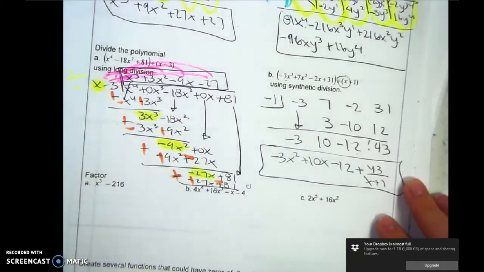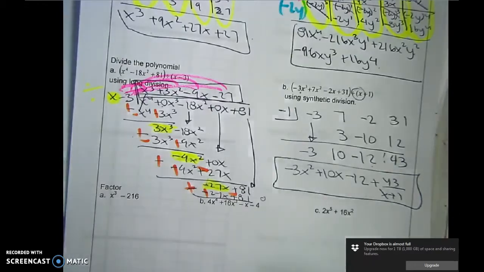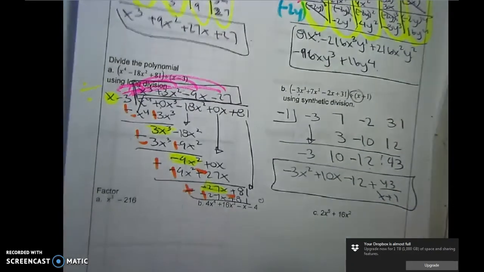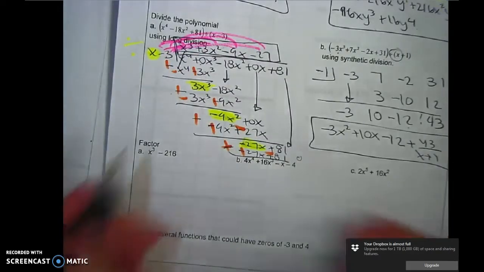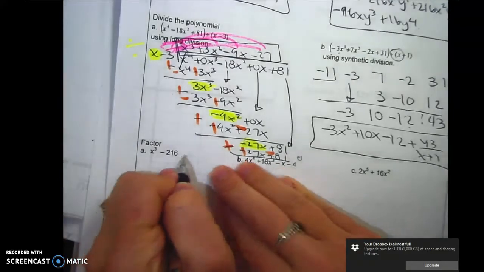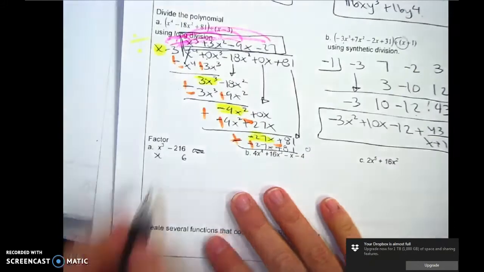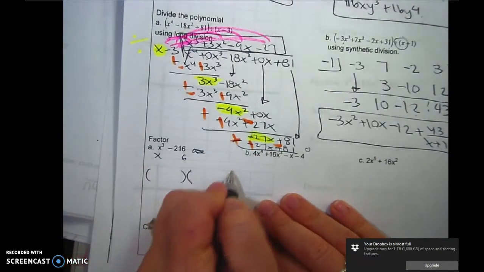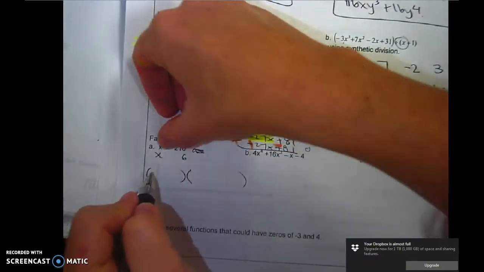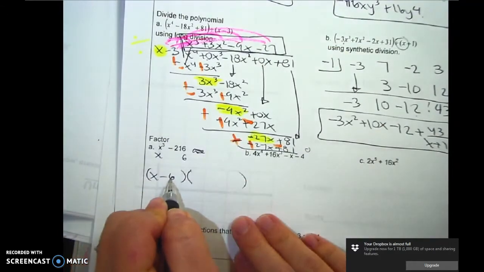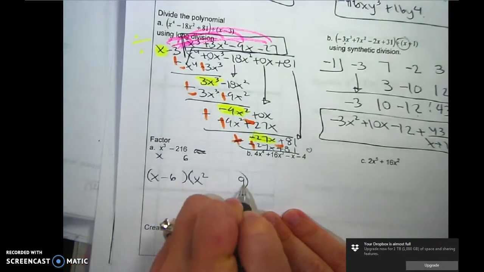Okay, you can still check that one in the calculator. A little bit of a pain, but doable. All right, factoring. So I notice this is the difference of cubes. So I'll just say this is x, and this is really 6. If you remember how to do this, you got a little parenthesis and a big parenthesis. Bring that down exactly how it is. Square the first guy, square the last guy,